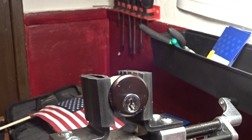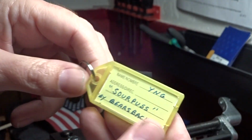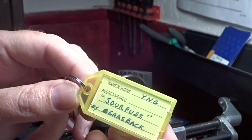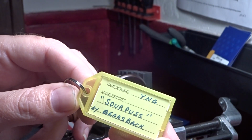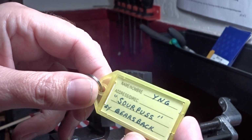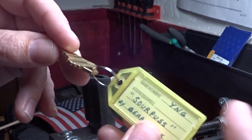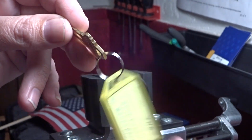We got another challenge lock. Heck yeah. This one here, it's already in the vise. This one here is called, hopefully you can see that. It says Sour Puss, and it's by Bearsback. Cool guy. If you haven't seen his channel, I'm sure you have if you're watching mine, but check him out. He's awesome. He likes picking locks in his hands too, which I can't seem to figure out too much, but